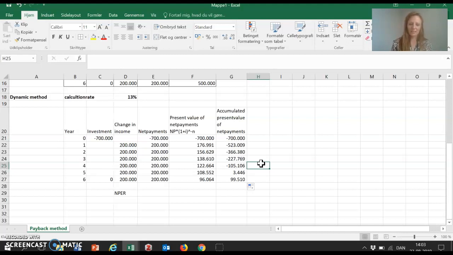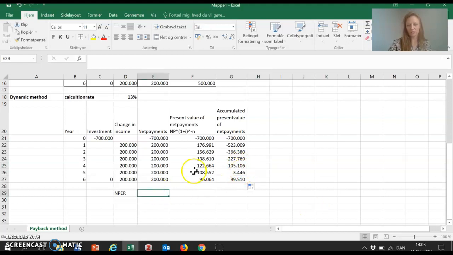Now here it says that somewhere in between year 4 and 5, we have paid back for this investment. And we can also see that it is definitely closer to year 5 than year 4, because 100,000 is further away from 0 than 3,000. Now,